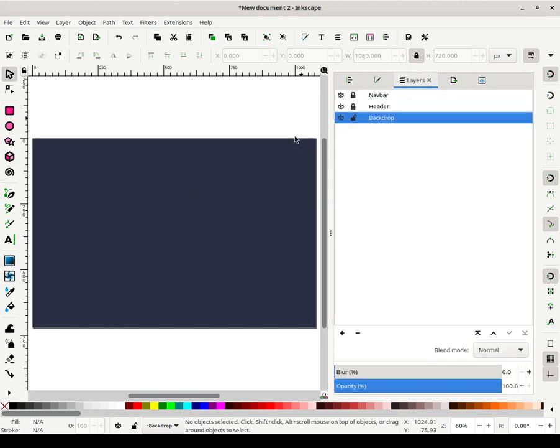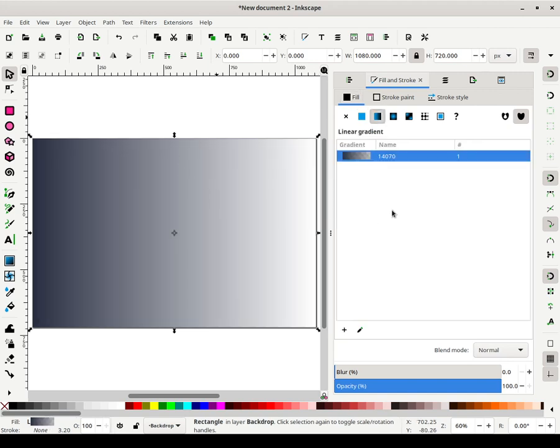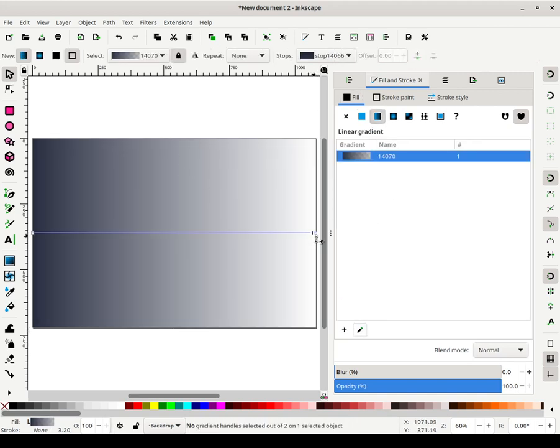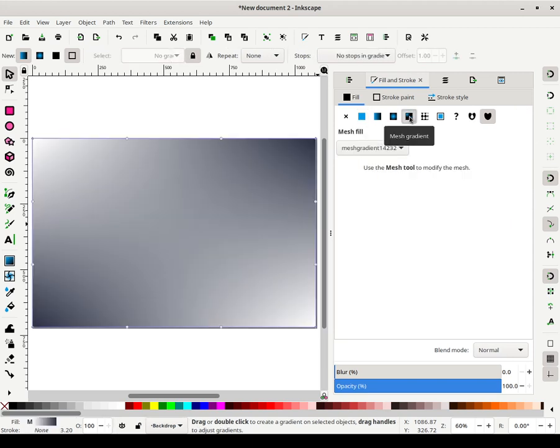Let's say we're using a gradient as your background. I'm actually going to do that this time. I've created a gradient, linear gradient of course, or better yet, let me use a mesh gradient this time. You can't use a mesh gradient in CSS, but let's say you use an SVG as your background, you could do that. So that's what I'm going to do here.